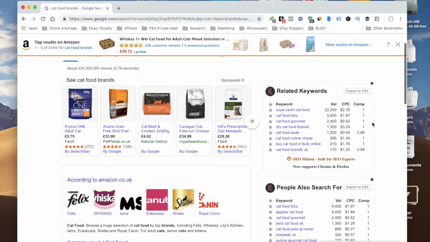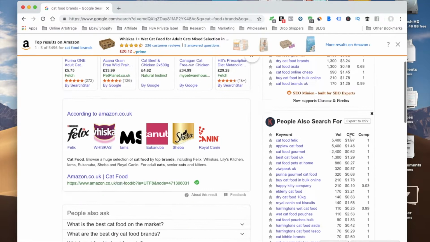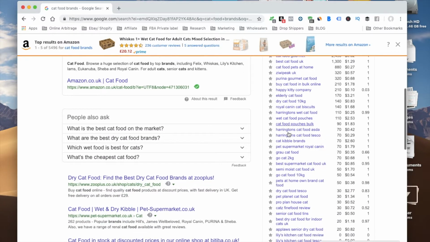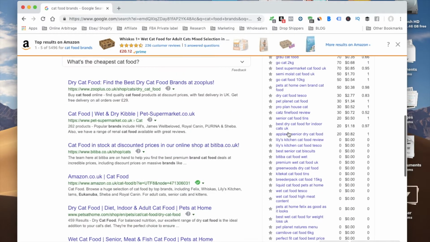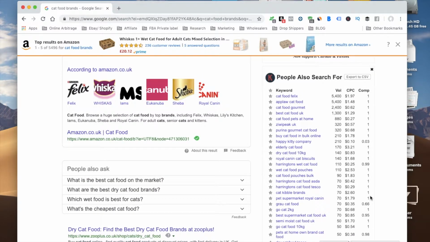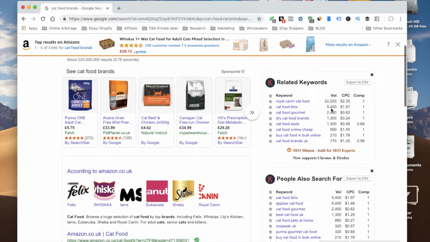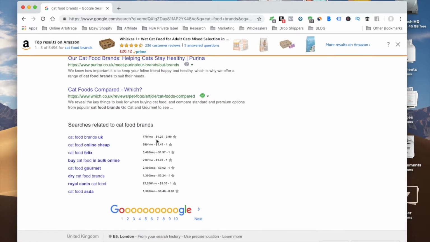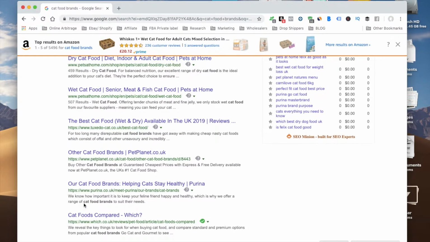But we can see now that we've got related keywords. That's one of the things. Then we've got people also search for. So these are more keywords that you can use. So again, we've got so many keywords here. They're everywhere. Keywords everywhere. Then we can take these as well. Okay. And then we can look for the